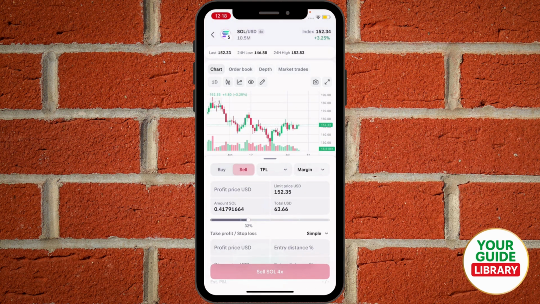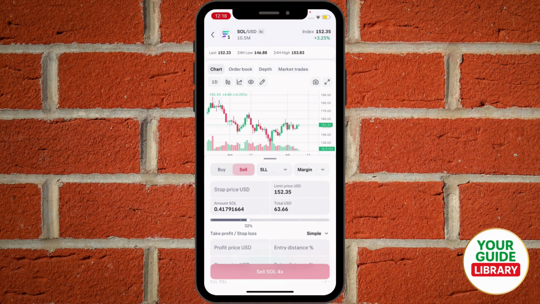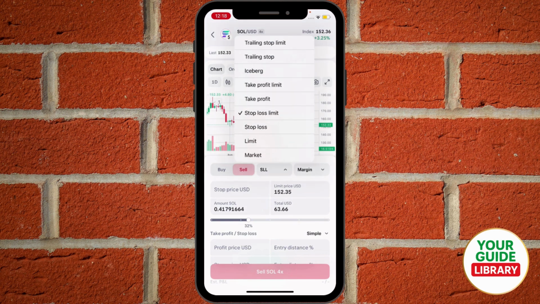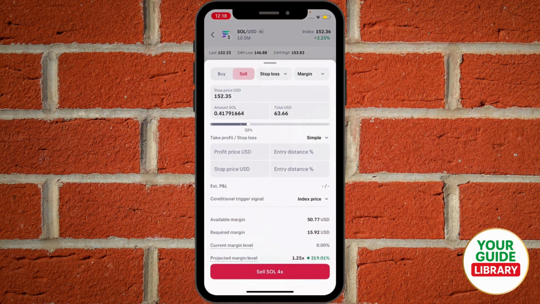Okay. And you can also use, next to the sell right here, the TPSL at the top. And you're going to see after you press it, like a pop-up window, you can select stop loss limit. So you can trade using SL or stop loss only. So after you add the price and the TP and SL, just for safety, just go ahead and hit sell